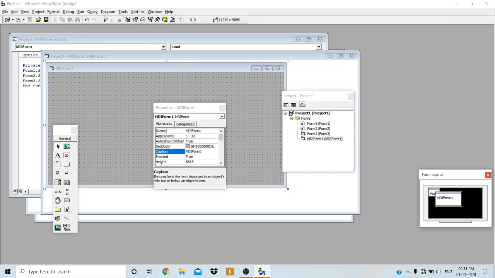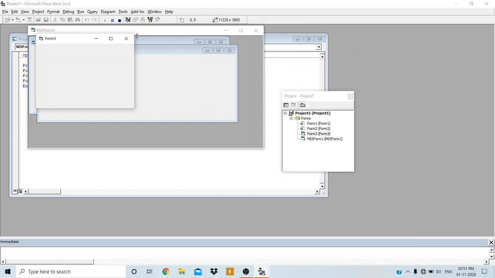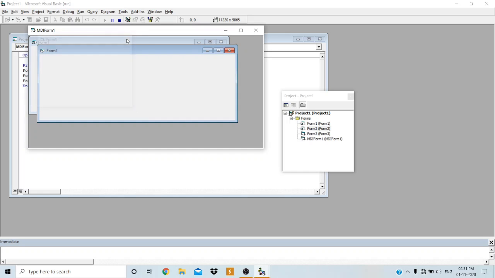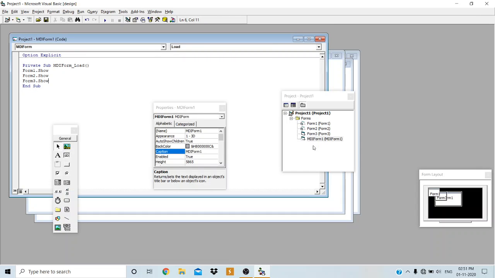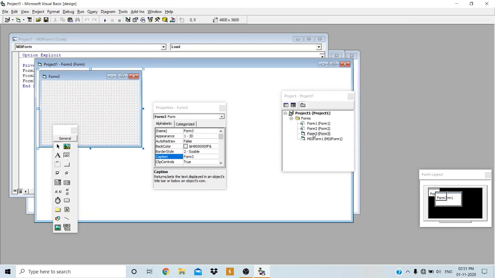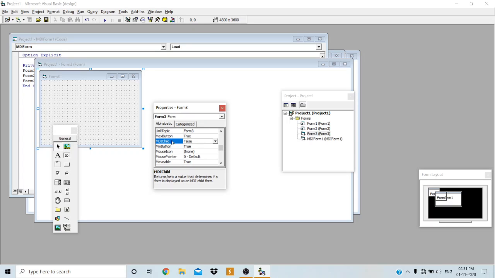Yes, just you can observe here. I will run the application here. Before running the application, I will set the MDI child property to true for form 3 as well. So, how to set that? Select form 3 and search for the property called MDI child. See, we have the MDI child property and set it to true. And when you run the application